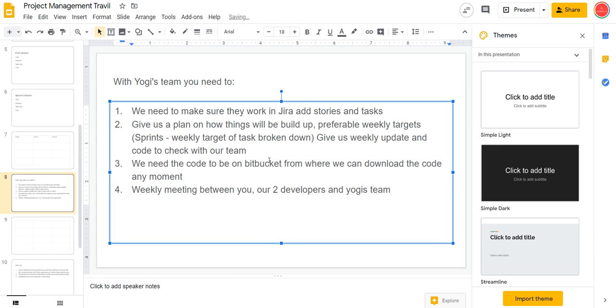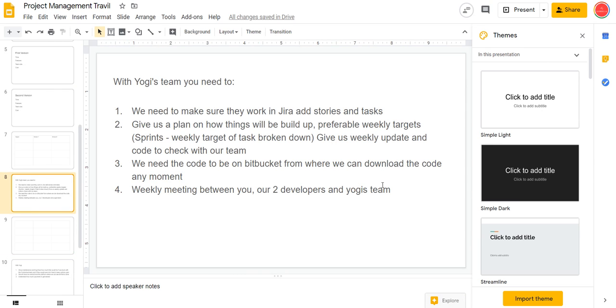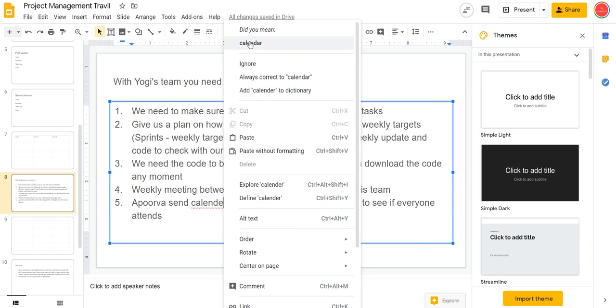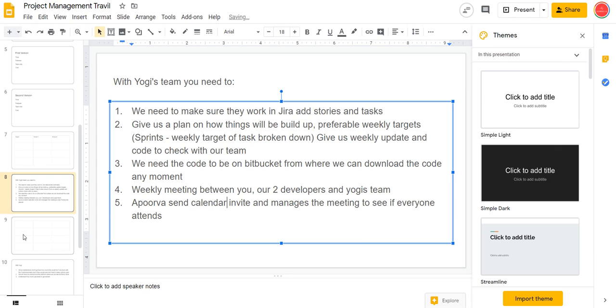We need to make sure that we have everything on the Bitbucket, so we can go there and download any code at any point. And we need to make sure that our two developers meet. So we have to make sure that Apurva sends a calendar invite and manages the meeting to see if everyone attends. A lot of time we have no control over their team and our team attending, so somebody has to take care of making sure that they attend. It could be Apurva, it could be Crystal,